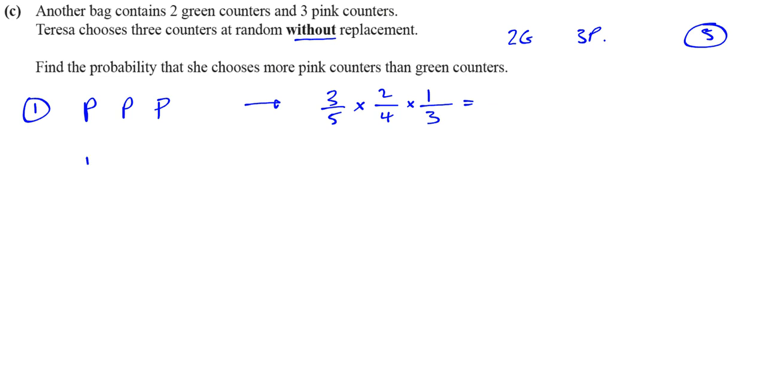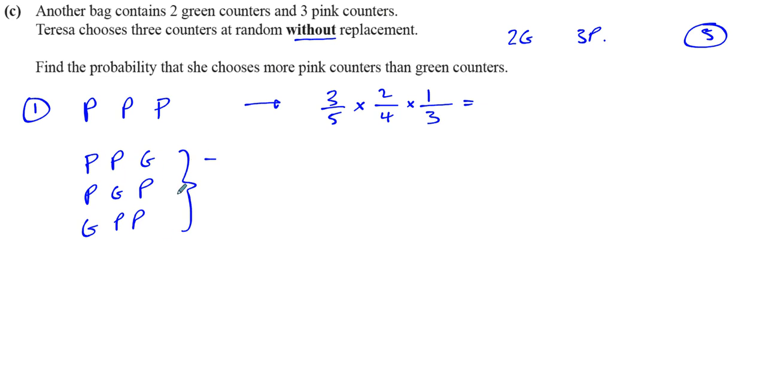You can have a pink and a pink and a green. Or you can have a pink and a green and a pink. Right? Or you can have a green and a pink and a pink. Right? Those are the ways of getting more pinks than greens. Okay? So altogether, here you have, let's take the probability of one of them and you'll realize that they'll be